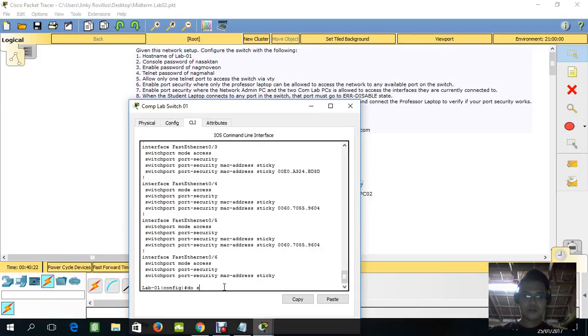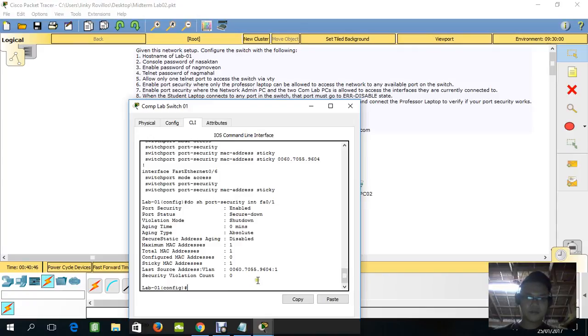Do show port-security interface. As you can see here, it's a violation.